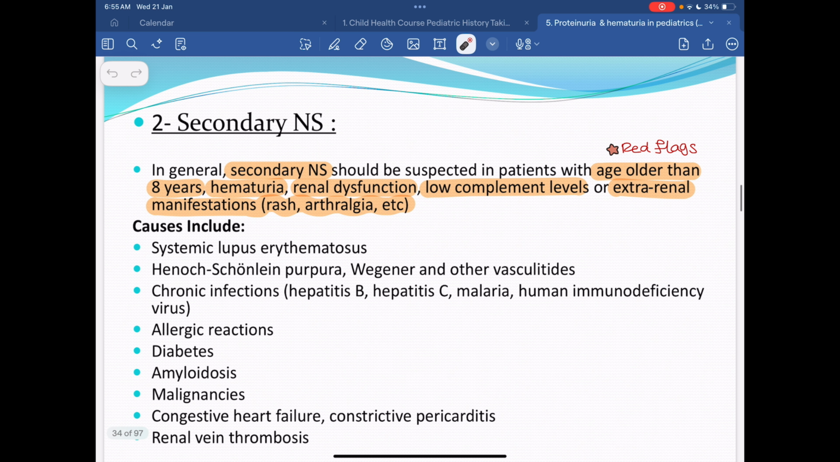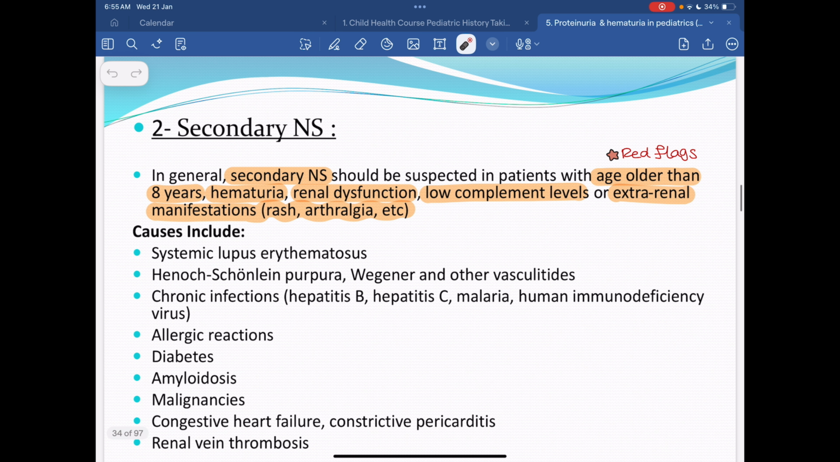Secondary nephrotic syndrome معناته عندنا systemic disease. طيب إيش الساينز أو الريد فلاجز اللي تخلينا نقول إنه في systemic disease؟ أول شيء age older than 8, hematuria, mainly gross hematuria, because the microscopic hematuria, renal dysfunction, low complement levels. This is because كان في systemic inflammation وأشياء cause the depletion of the complement. Or extrarenal manifestations